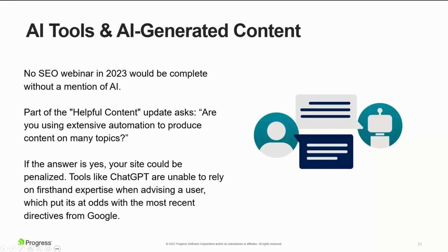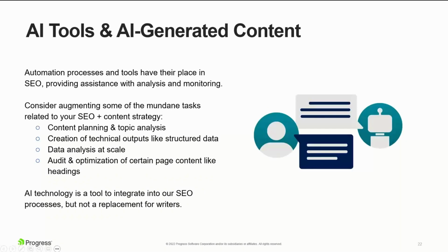But that doesn't stop you from using these tools to experiment and add some efficiency to mundane processes. So things like researching certain topics or trying to get an idea of the different search variations on a particular idea. On this next slide, we have some of these details. When it comes to certain strategic points like content planning, if you're trying to get your imagination going about ways to tackle a topic,